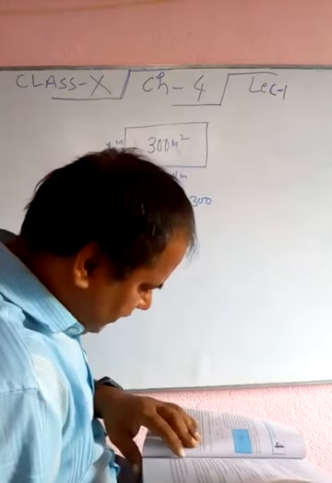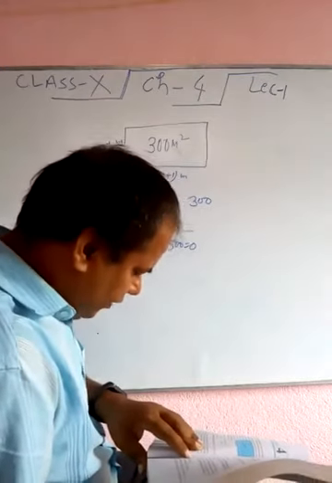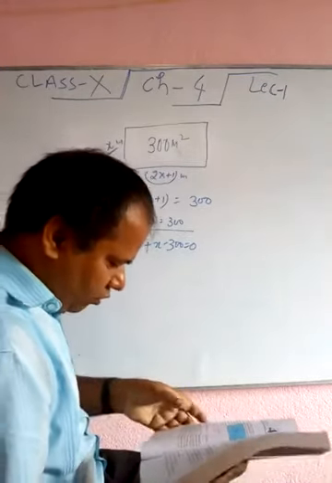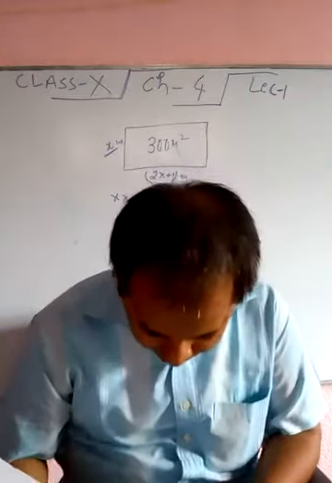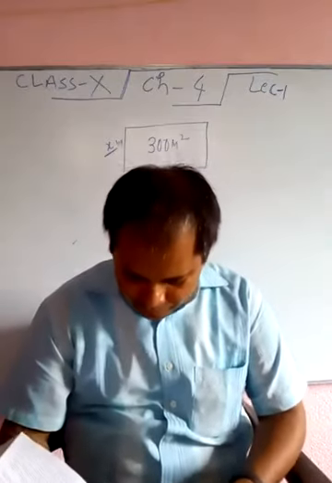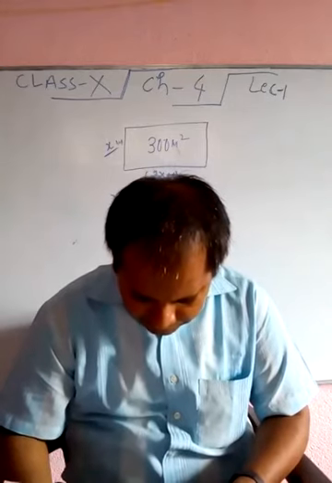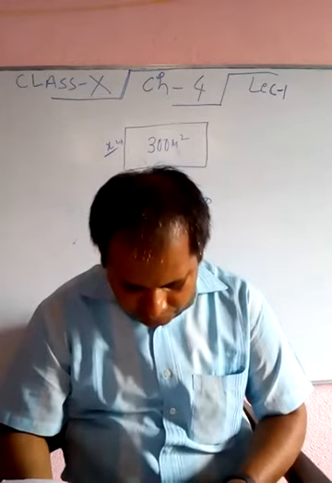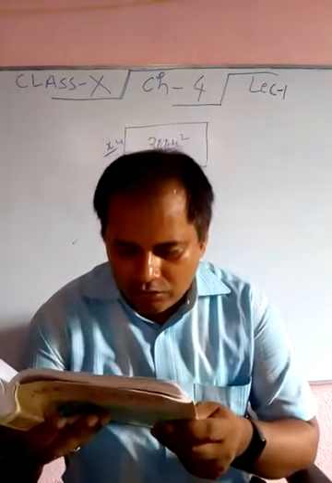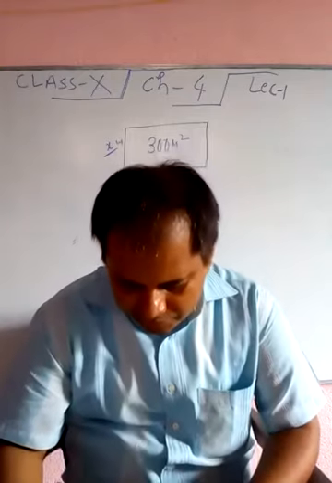Many people believe that Babylonians were the first to solve quadratic equations. For instance, they knew how to find two positive numbers with a given positive sum and a given positive product. This problem is equivalent to solving a quadratic equation of the form x square minus px plus q is equal to 0. The Greek mathematician Euclid developed a geometrical approach for finding out lengths which, in our present day terminology, are solutions of quadratic equations.